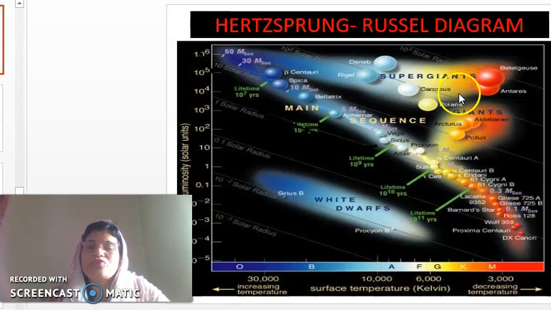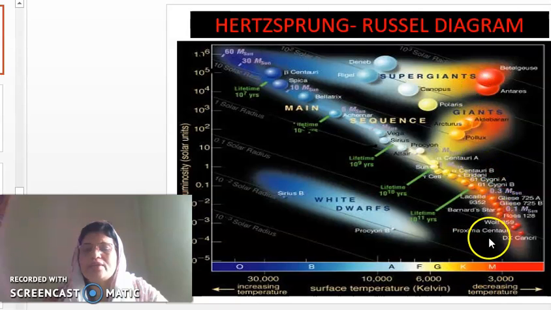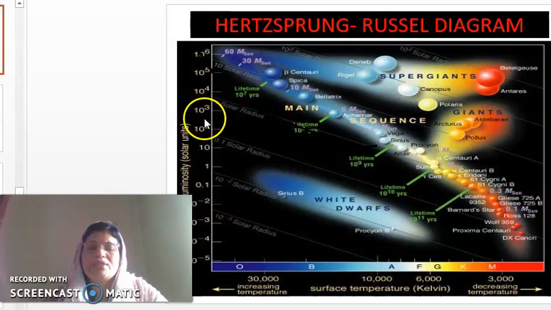And another group of stars is situated at the top right corner; here they are giants. Near this main sequence, there are giant stars, red and yellowish colored giant stars, and here there are supergiant stars. Giants and supergiants have a very small surface temperature, but their brightness or luminosity is very large.